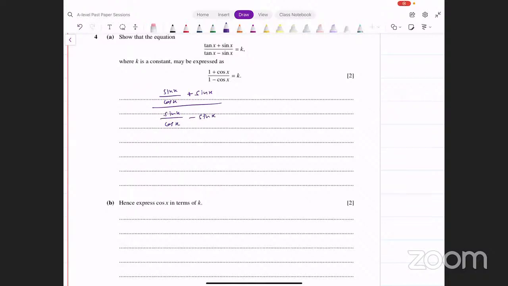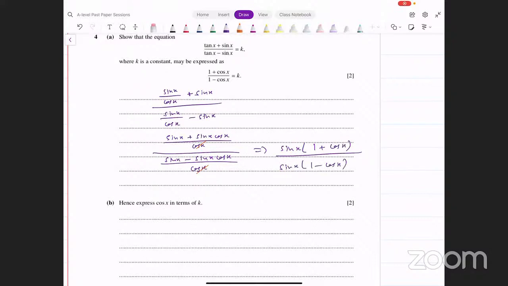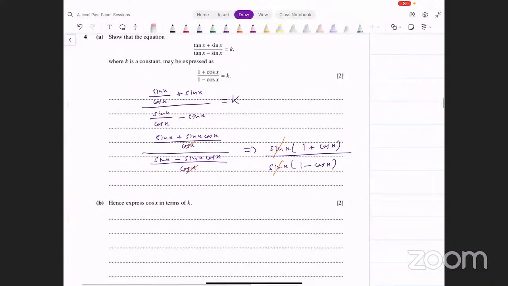ठीक है, अब एलसीएम ले लें, न्यूमरेटर में भी डिनोमिनेटर में भी, क्या हो जाएगा, (sin x plus sin x cos x) divided by cos x whole divided by (sin x minus sin x cos x) whole divided by cos x। cos x cancel हो गए, what are we left with, न्यूमरेटर में अगर sin x कॉमन ले लें आपके पास बचा 1 प्लस cos x, डिनोमिनेटर में भी sin x कॉमन ले लें, 1 माइनस cos x, sin x कैंसिल हो जाएंगे, आपके पास वो आ जाएगा (1 प्लस cos x) और (1 माइनस cos x)। राइट साइड पे तो k लिखा हुआ है, उसको वैसे ही रहने दें।